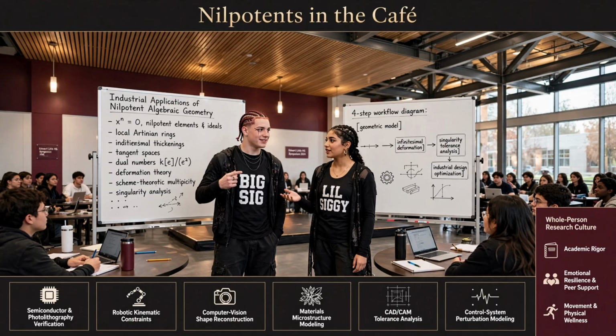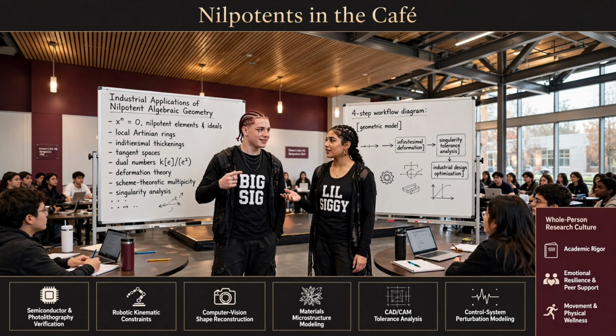Exactly. And nilpotents are the exact same thing. It is not cheating. It is a rigorously defined algebraic structure. We use it because this nilpotent structure flawlessly models infinitesimal changes. Infinitesimal, like microscopic shifts in the system. Yes, tiny changes in a way that traditional real numbers physically cannot model. Because on a standard number line, if 2 points are infinitely close together, they just collapse into the exact same point. Right. The distance is literally 0. You can't represent a gap that is infinitely small but still somehow exists.